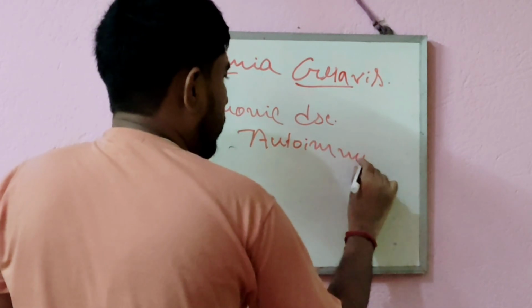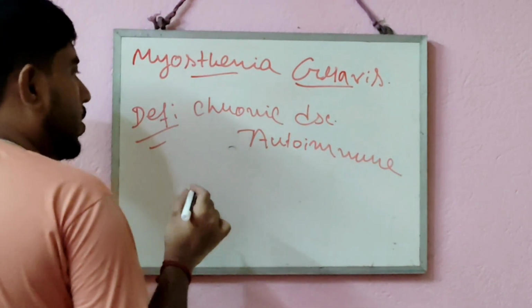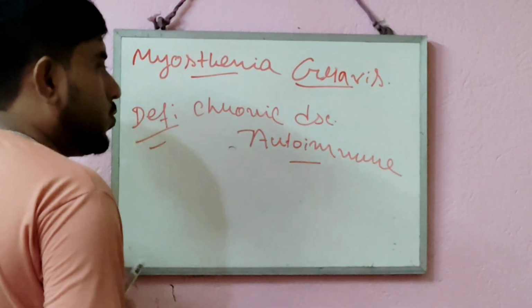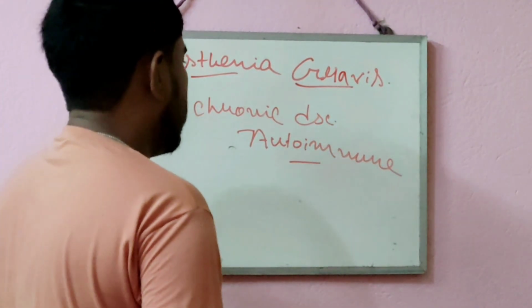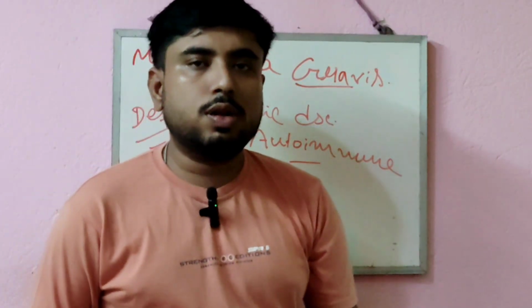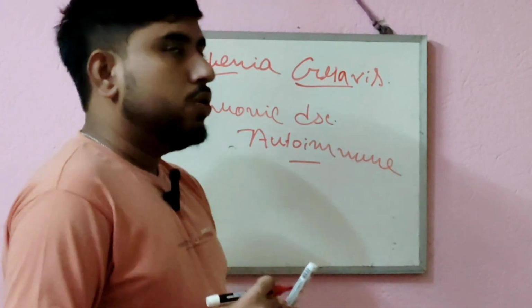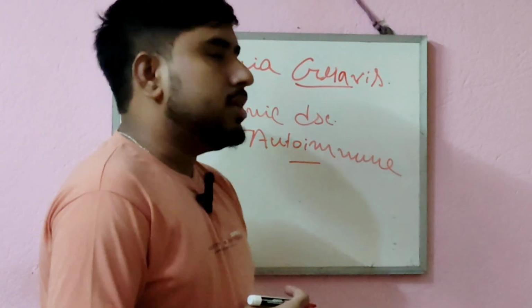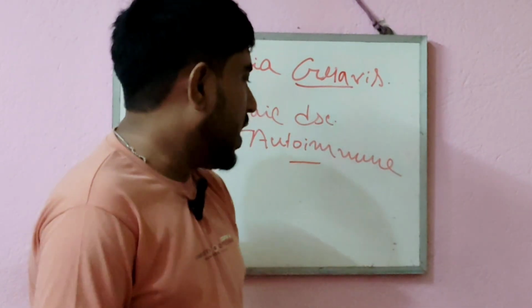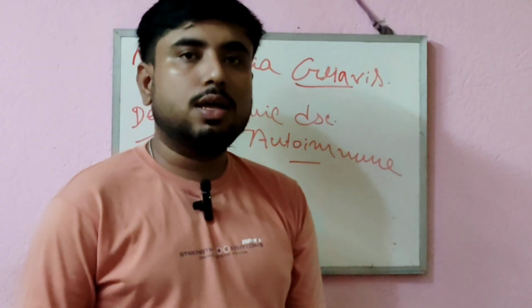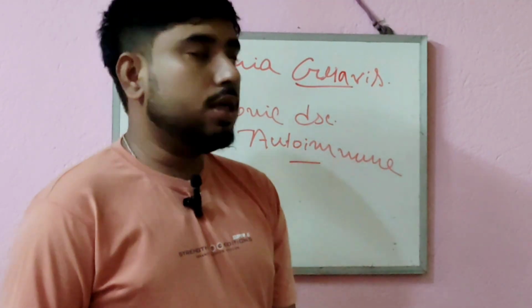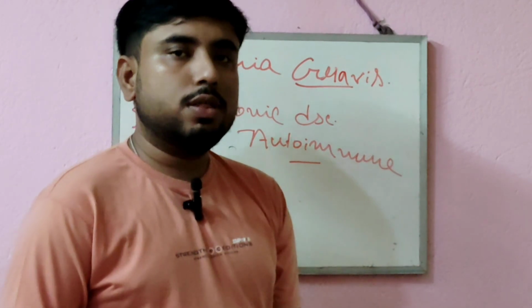Now, before going into myasthenia gravis, we have to know what autoimmune is. To know autoimmune, we have to know immunity. Immunity is the power of our own body to fight against a particular antigen that is going to damage our body, which generally enters from outside. We call these toxic unwanted foreign bodies.